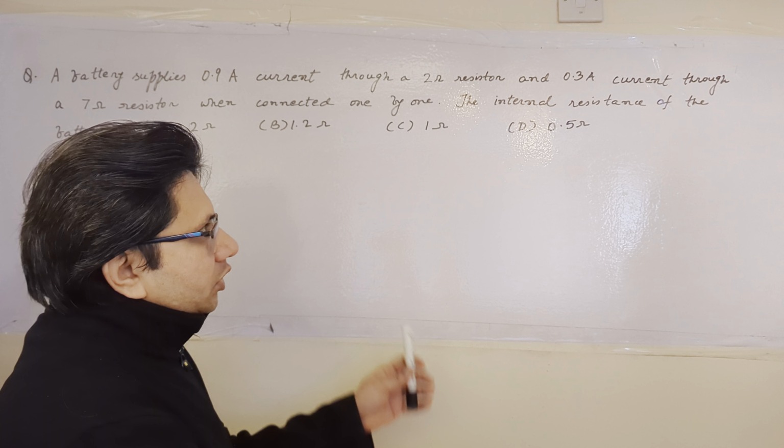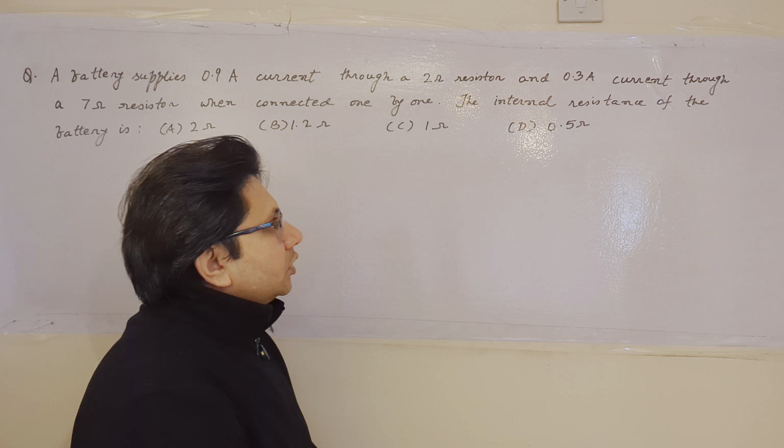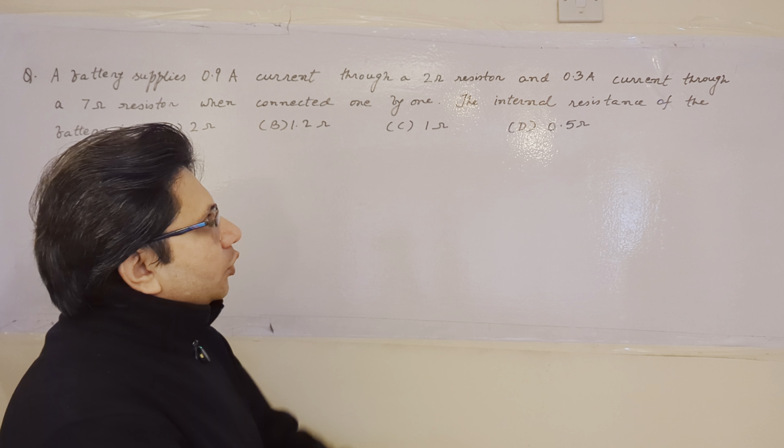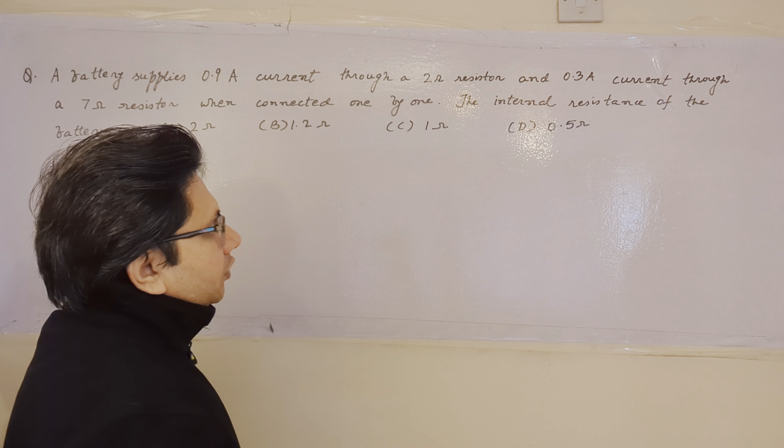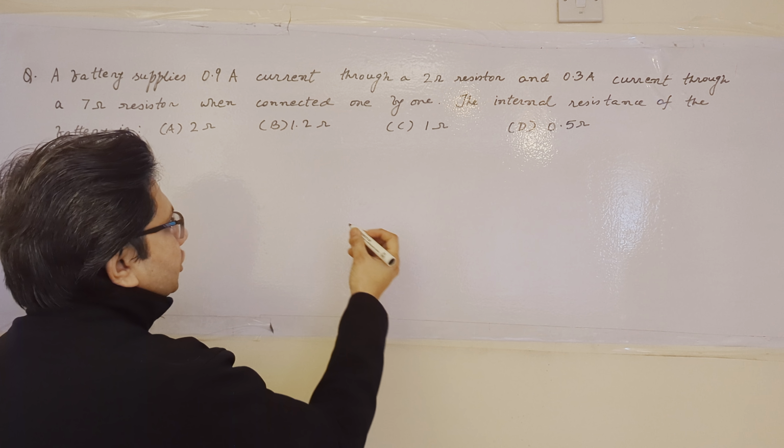So the problem is based on the topic current electricity, and in particular we have to analyze the particular circuits in two different situations when the current flowing are 0.9 and 0.3 ampere respectively. So first of all, in the first condition,